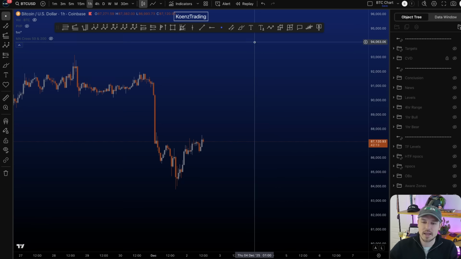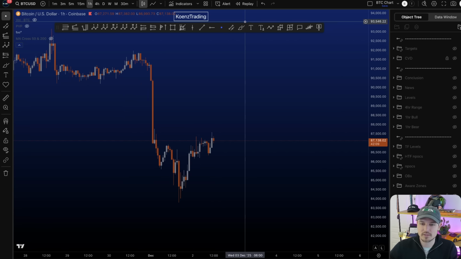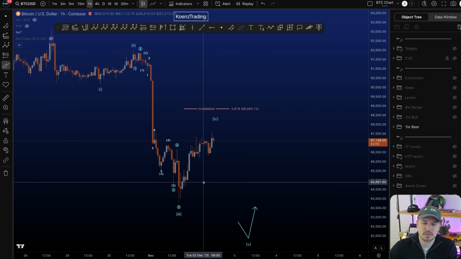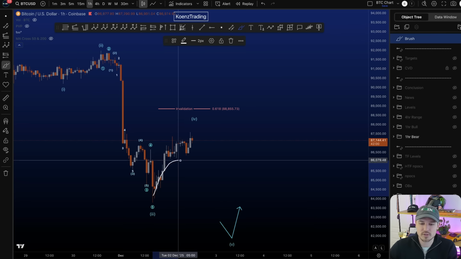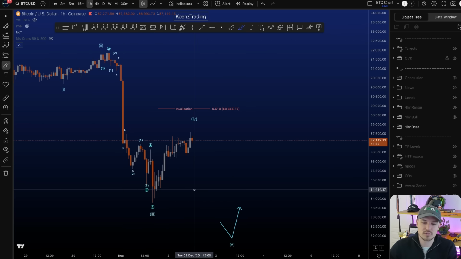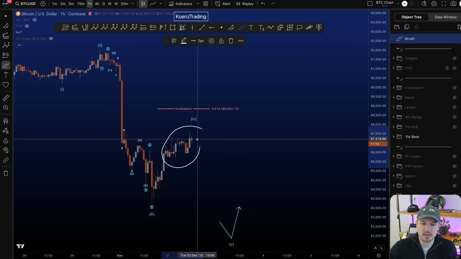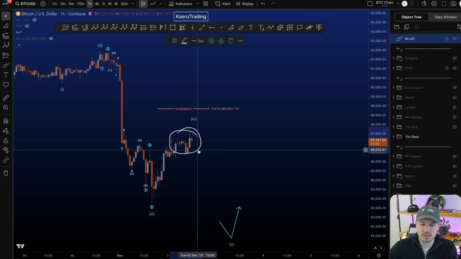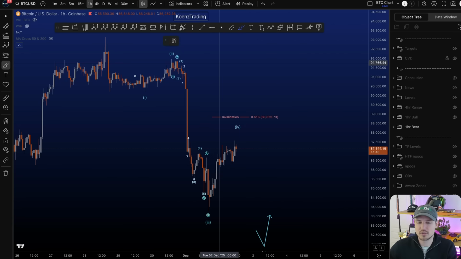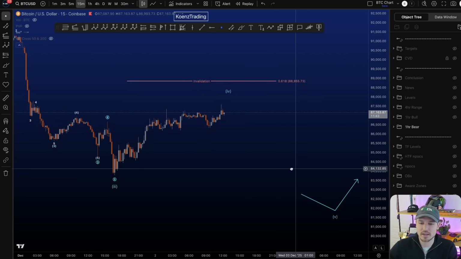Now then come the ABC scenarios, A, B, and a wave C towards the downside. At the moment, when we look at this structure, if we would consider a wave 4, preferably it's a corrective move. Wave 4, it has to be a corrective move. Wave 4s tend to be sideways corrective structures more than zigzag family structures, but this is quite a sharp move towards the upside. And as you can see, it also moved beyond the lower degree wave 4s at the moment. So you really start to consider the potential of an ABC to the downside here instead,